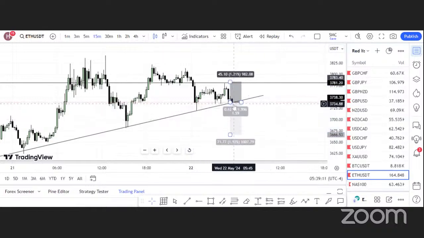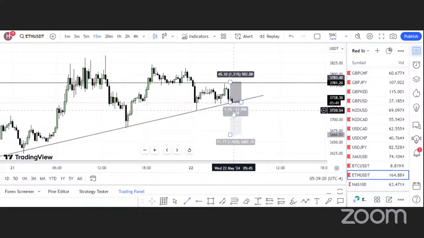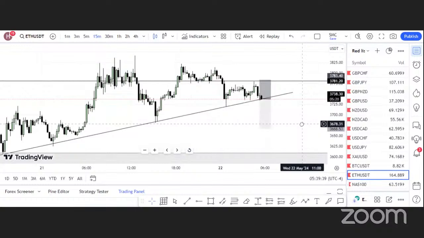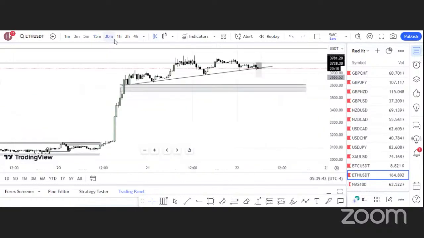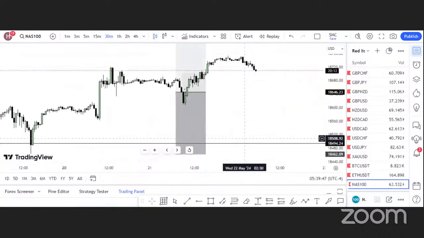So when the market closes with a body, all right, not the candlestick, okay, not like this or this. I want you to close below with a full body, okay, a body closing below. So once we have a body closing below, then we can look to open a sell position on Ethereum USDT. All right, so that's the analysis on Ethereum USDT.